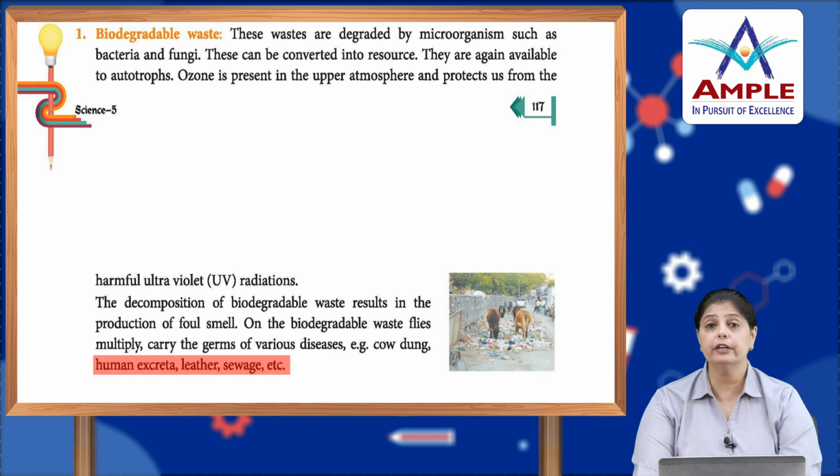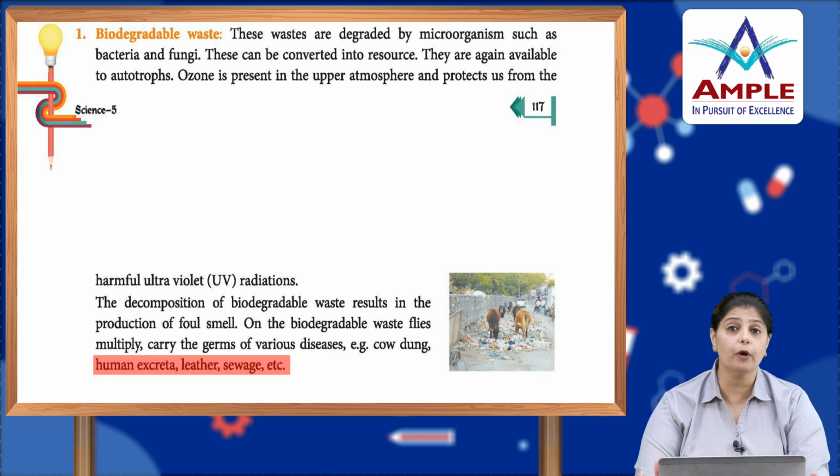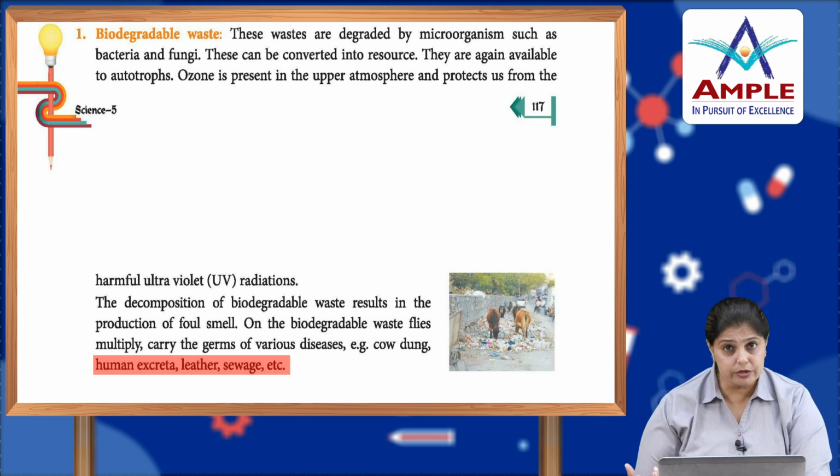Although biodegradable waste is very useful if it is used in a proper manner, that means if compost is created and used in the fields or to grow more trees. But when it is not used properly and the waste is just gathered, you will see that there is always a foul smell in that area. You will always see flies and germs in that area. So, we need to convert this biodegradable waste into a resource in a proper, systematic manner.